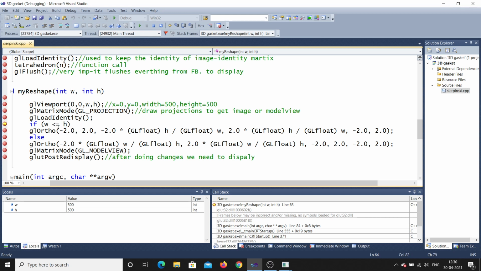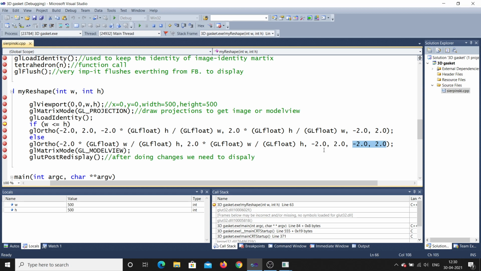So if height is more, you should concentrate on the third and fourth parameters. Third and fourth parameters imply the y-axis, that is why. If width is more, that means x-axis. Width is more means x-axis. So you can see the first parameter, first is x, second is also x, and these two are y, these two are y, and the last two